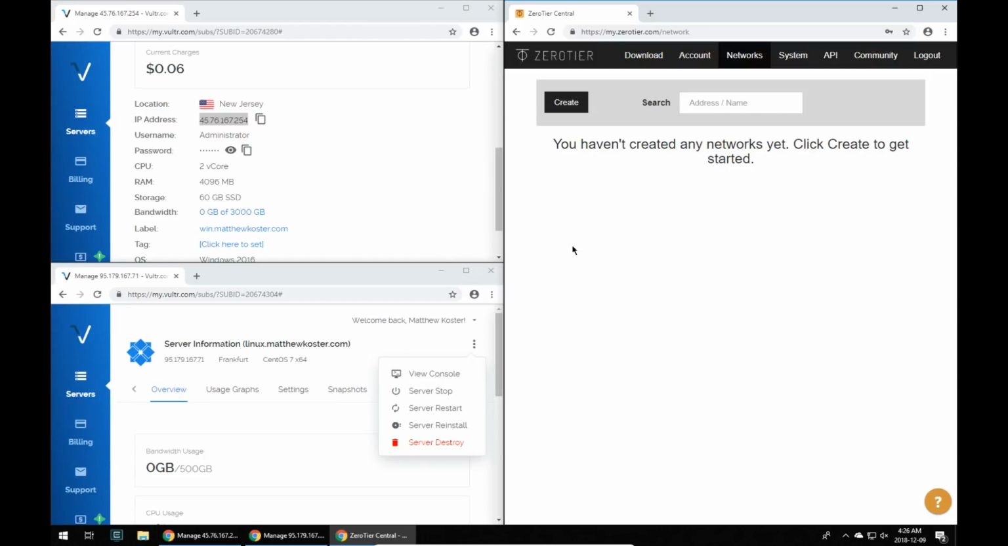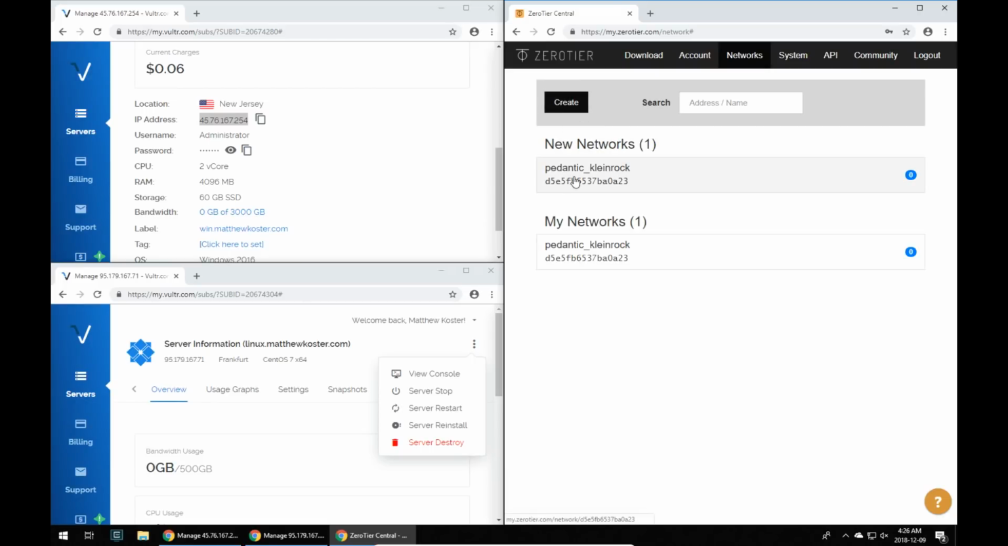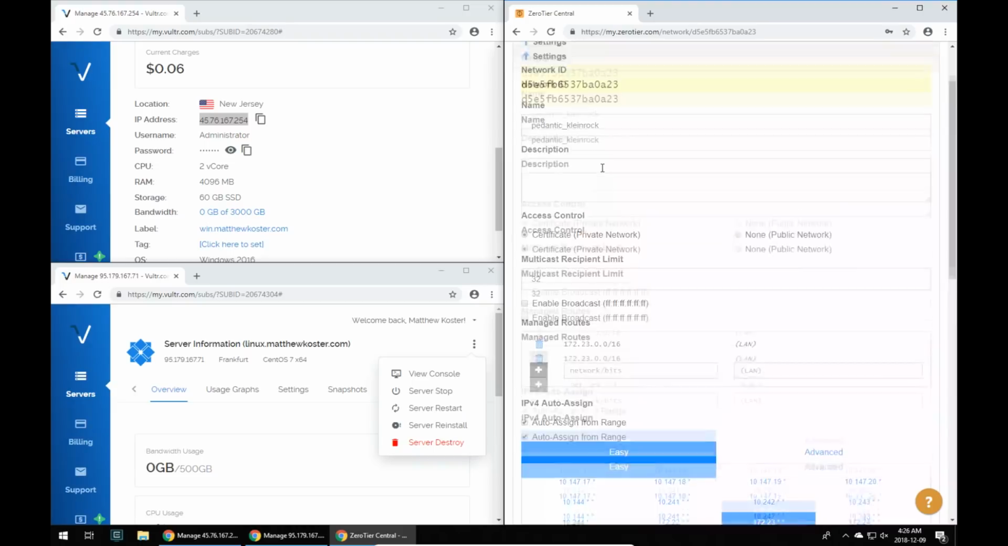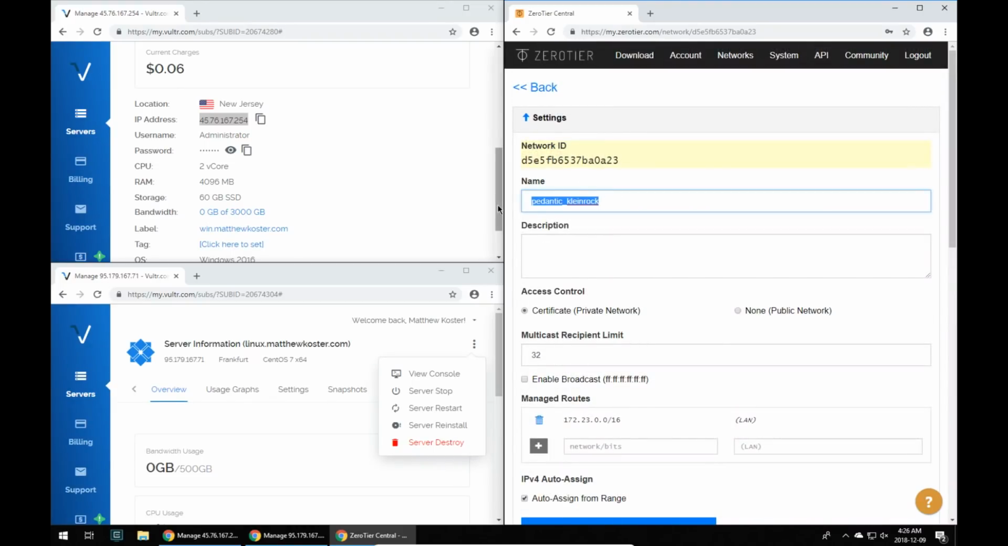We're going to actually create our own network, set it up properly, so that when we join with the other servers and stuff, we have the most control over it as possible. So we're just going to go and create a network. It's going to create a network with a random name. In this case, it's Pedantic Kleinrock. Not very intuitive, right? So we're just going to say